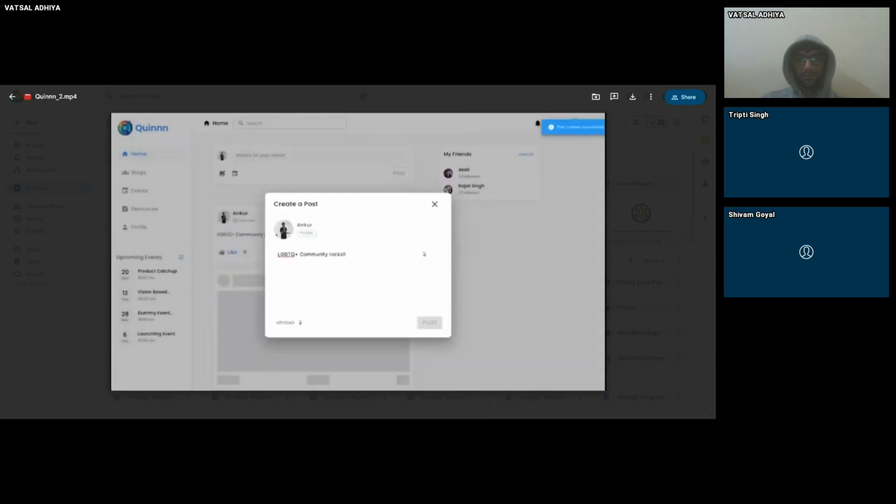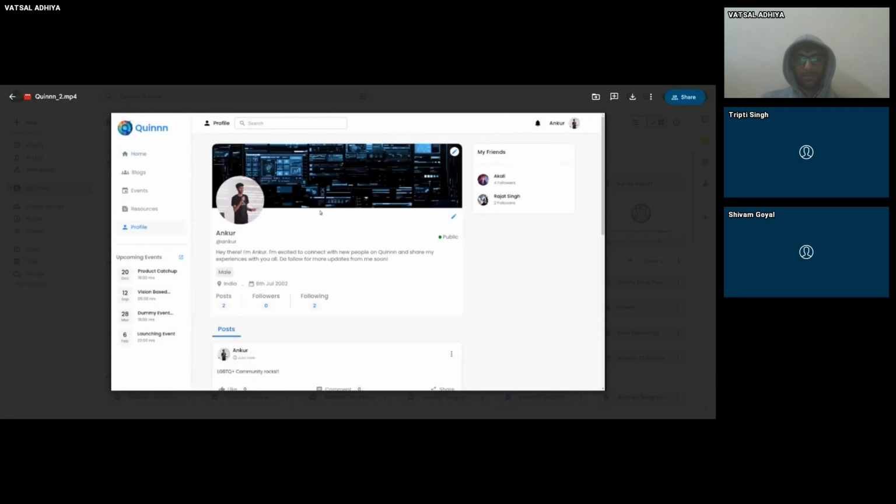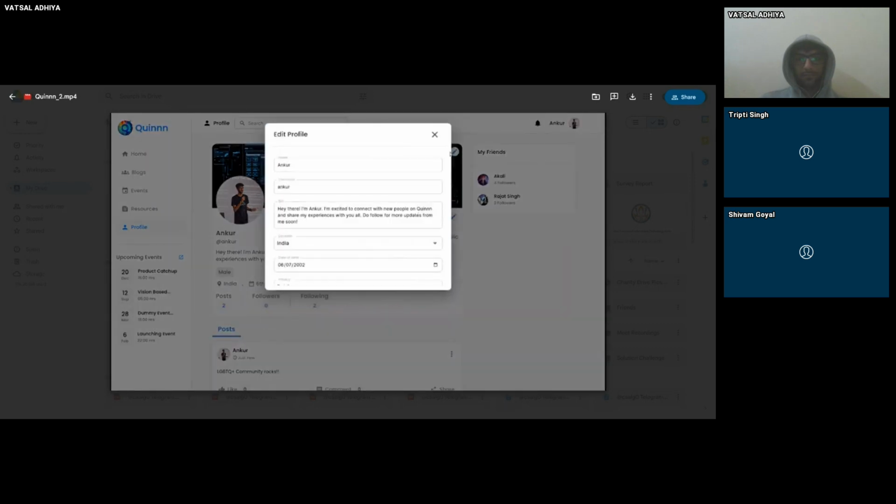You can also update your user profile by going into the profile tab. The images are stored in Firebase because it makes it easy to work with images and provide an image URL as soon as you upload the image. We also value user privacy, so we have given the option to make their profile public or private. You can edit your user profile by going into this tab.